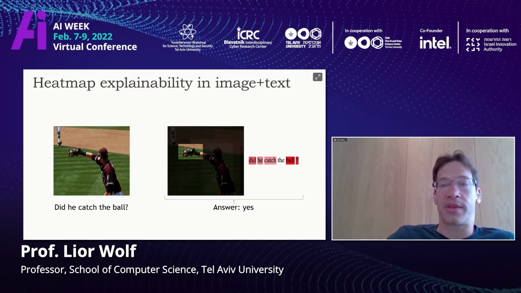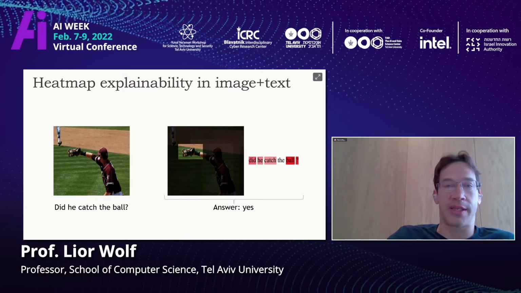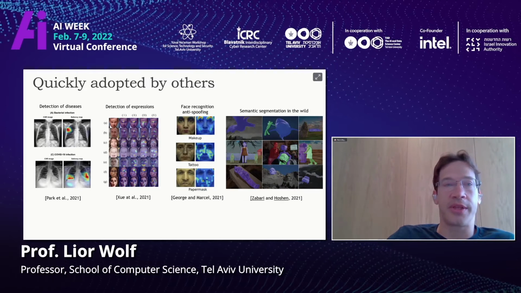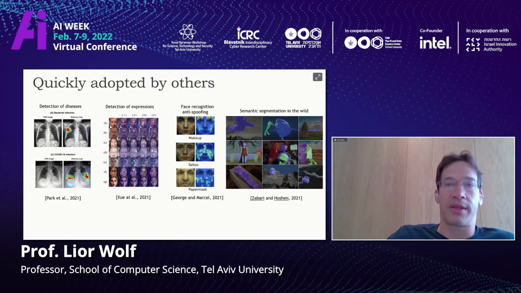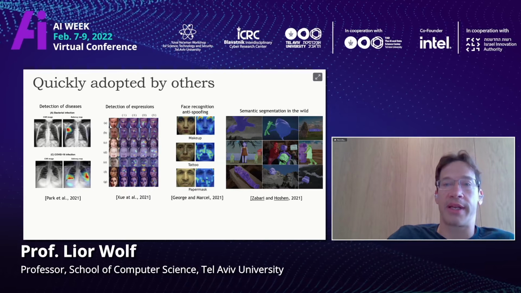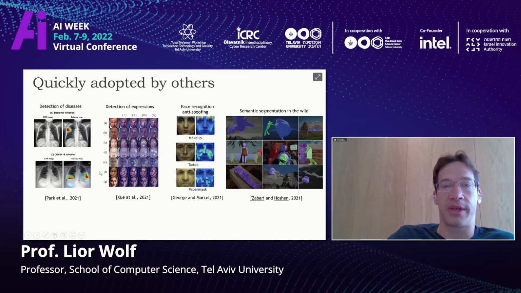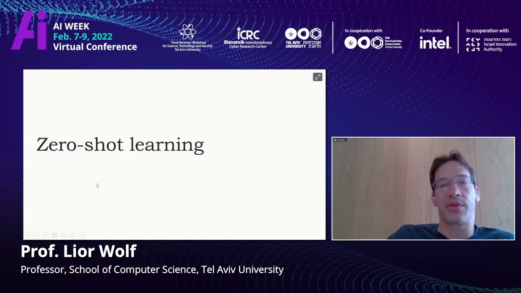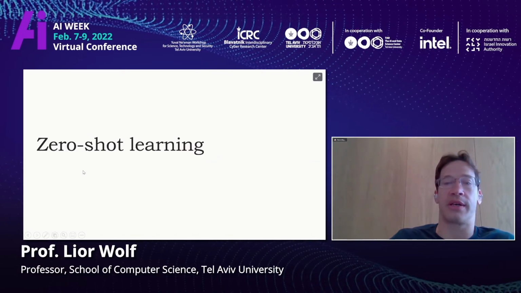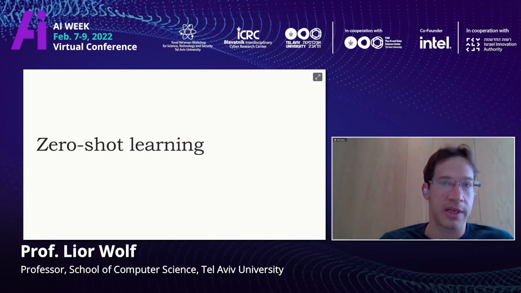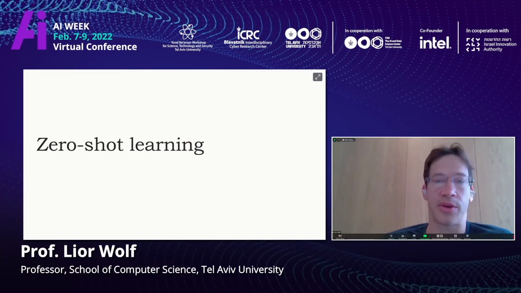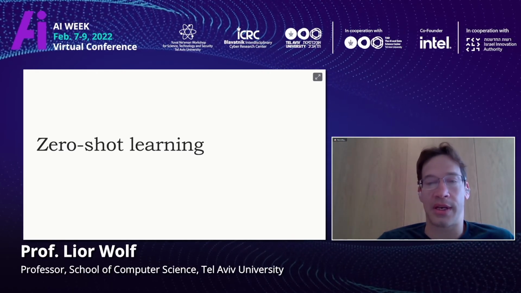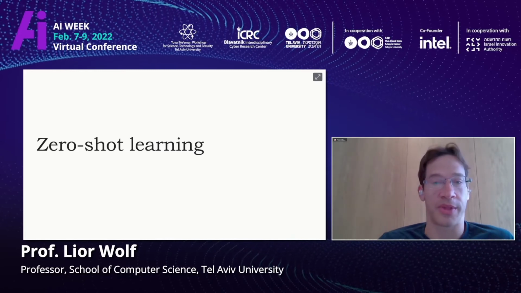So we talked about two different methods of obtaining explainability. The second method that we just described is actually very well adopted, although it's very recent, by many other researchers in computer vision and NLP, and it's become the standard for transformer explainability. But I would like to shift our attention to zero-shot learning. Zero-shot learning is perhaps the hottest topic in machine learning, truly revolutionary, and in 2 slides you are going to know how it is performed.